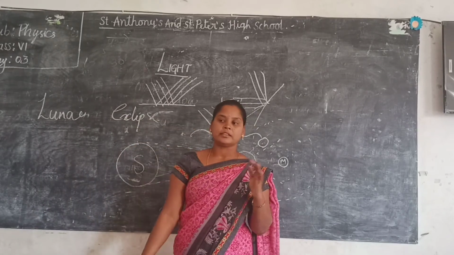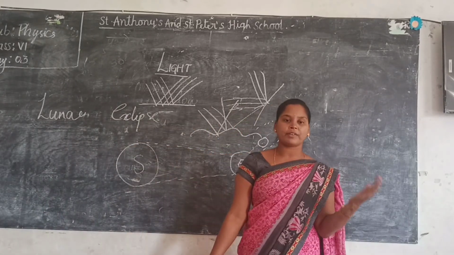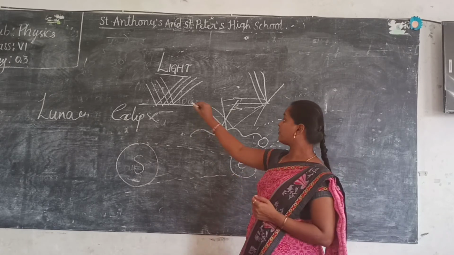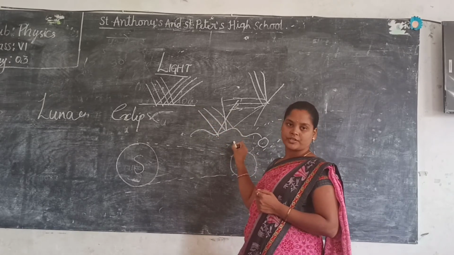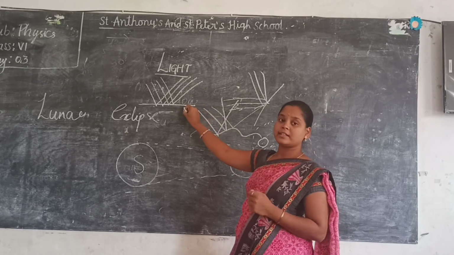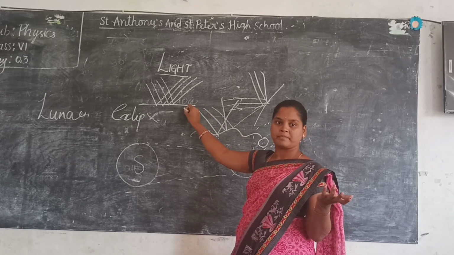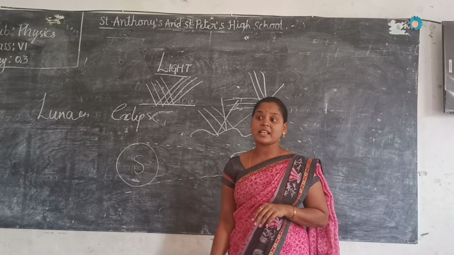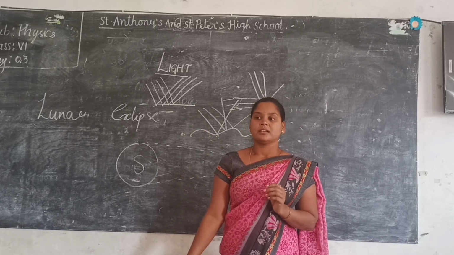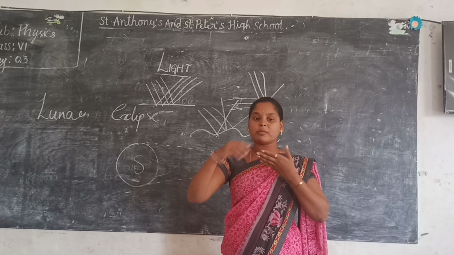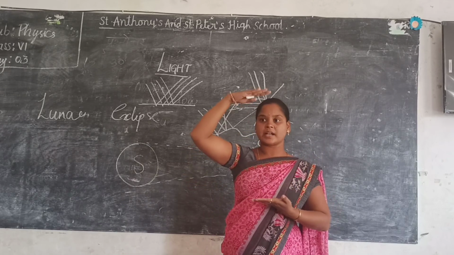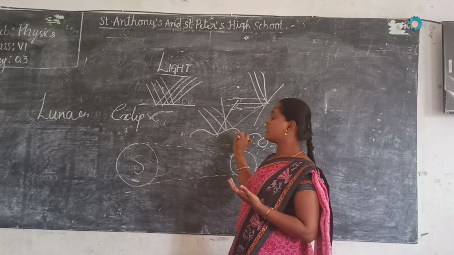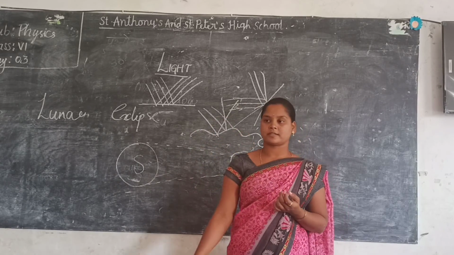Understood reflection? Yes. The bouncing back of the path of light is called reflection. We have two types of reflection: regular reflection as well as irregular reflection. Regular reflection is seen in mirrors, where we are seen the same way. Whereas in some mirrors, our nose will be very big or our face will be very extended up and down. In that case, we can say it is irregular reflection. Clear?